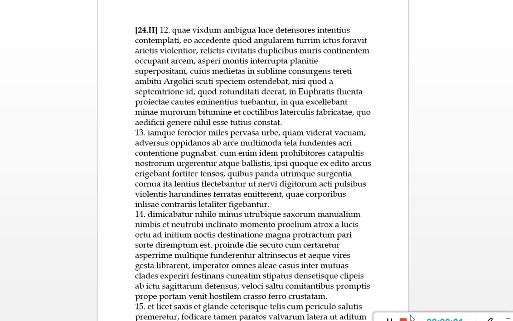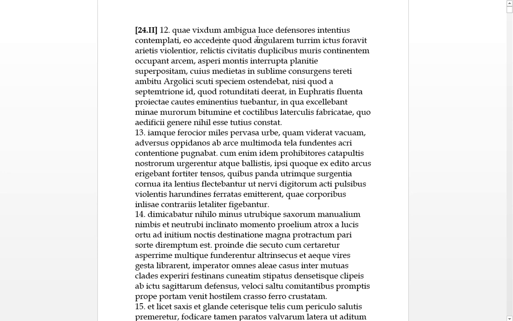Here we go with some Latin. Quae vixtum. So quae is something which, vixtum scarcely, ambigua luce, it's ablative, so in the ambiguous light or in the hard to see light, the defensors, this would be the nominative. So the defenders, the people who are defending, and they're contemplating is the plural, so they're looking with a comparative rather intently in the ambiguous light, and vixtum means they can scarcely see, and eo assente is the present participle,